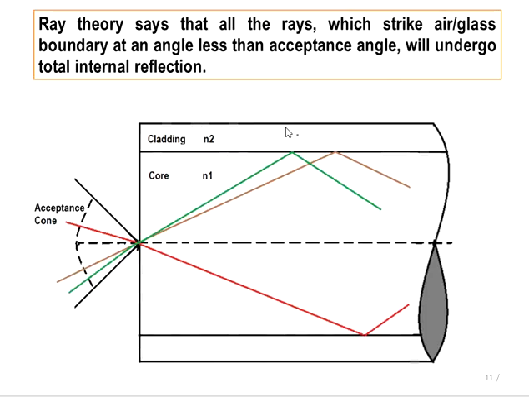Now if you remember the ray theory, it states that any ray which is incident within the acceptance angle cone will undergo total internal reflection. That means the entire ray will be reflected. There is no penetration inside the cladding. But if we consider these wave fronts, we can observe that there will be some field penetration inside the cladding, and that field penetration is given by the wave theory of light. So in that case we need to consider light as a wave, not as a ray.